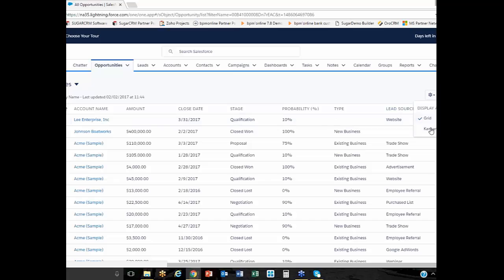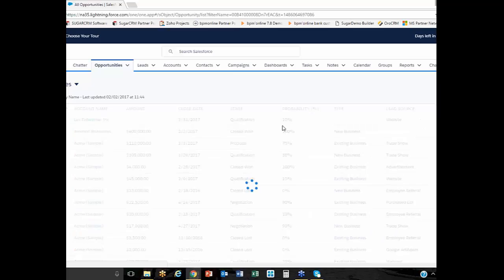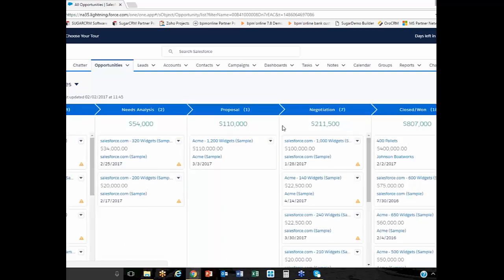The Kanban display is a rather new feature over the last year or so, where basically it's taking our grid view and switching it over to listing out our opportunities by the sales stages that they're in. This allows the user to quickly analyze and see what's in their pipeline. Of course, we could do this across the board as management, what's happening within the system.